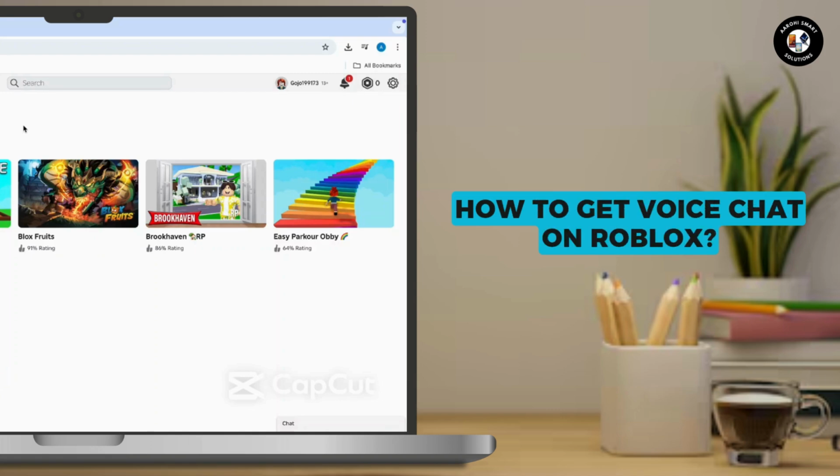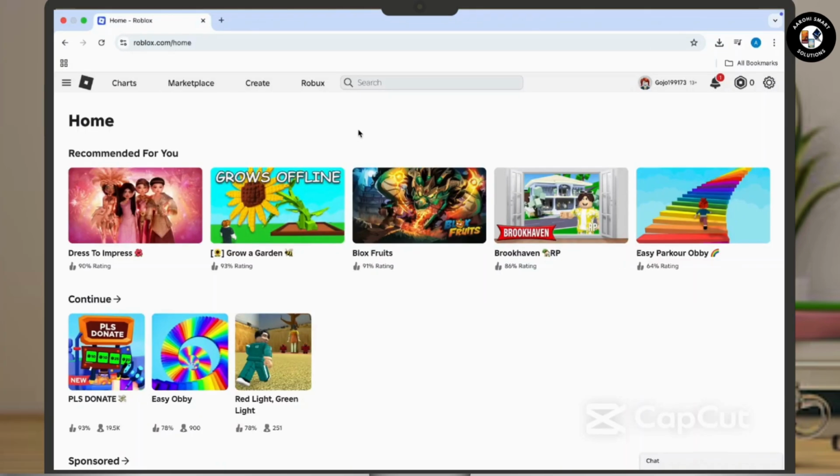to get voice chat on Roblox. So here is a quick and easy guide on how to do so, which is perfect for gaming, role play, or hanging with friends. First of all, you have to go to the roblox.com or Roblox app and